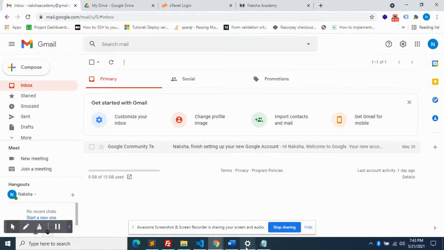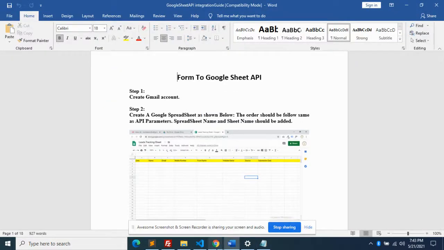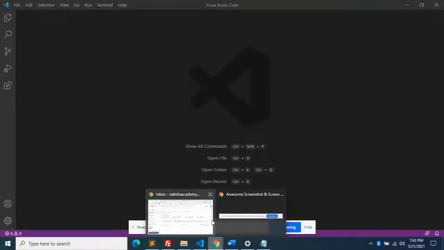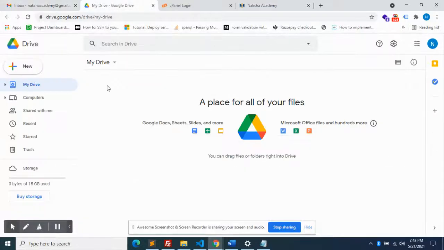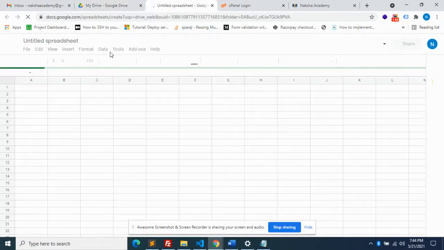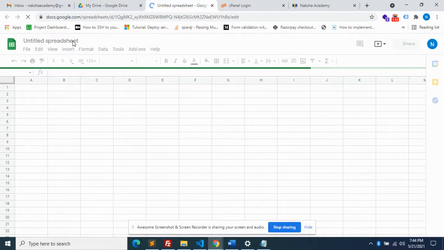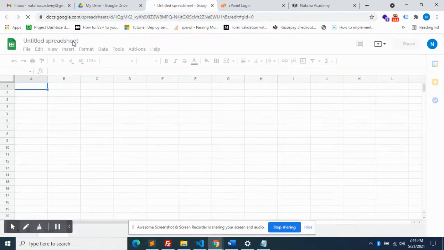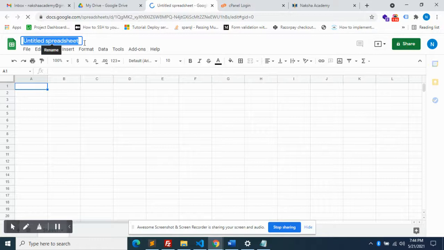In this, I am going to create a Google spreadsheet. For example, here I am going to create a Google Sheet, and I'm calling it lead tracking sheet.